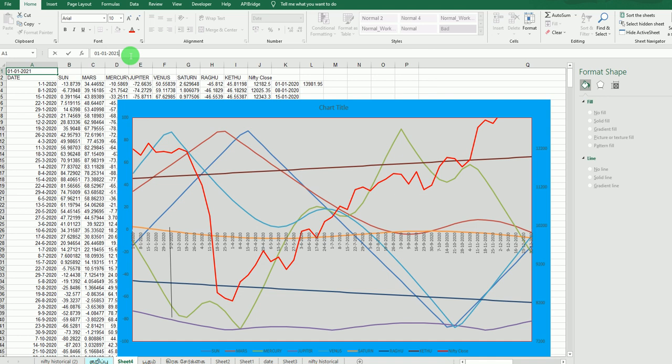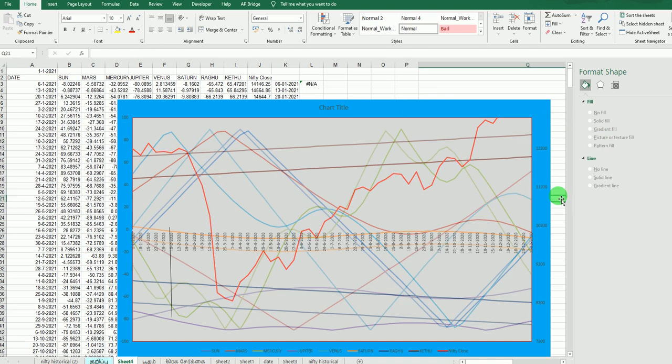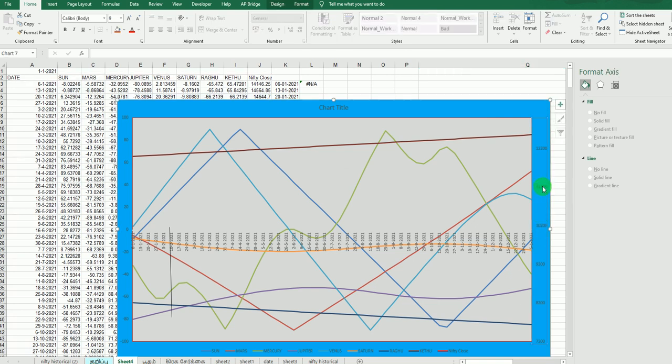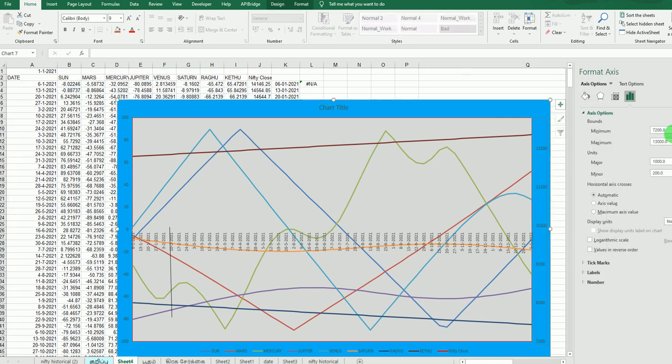Suppose 2021, right now, how will the pattern be? Till date I have updated it, so I just modify this data; only that we have to modify. This year I kept 12,000 as the minimum and 16,500 as the maximum.